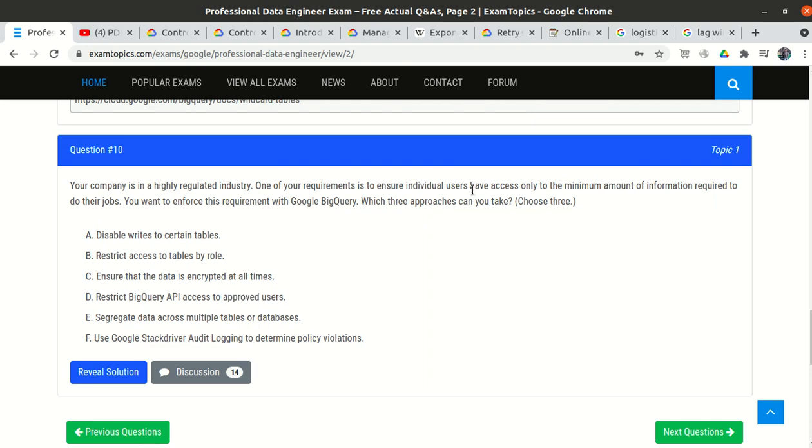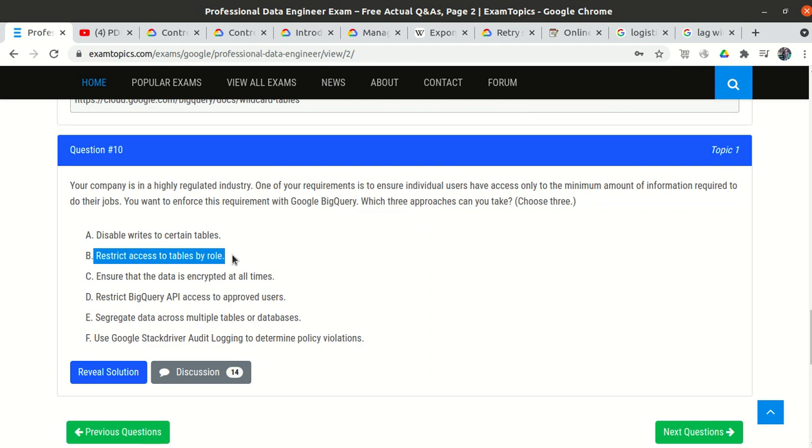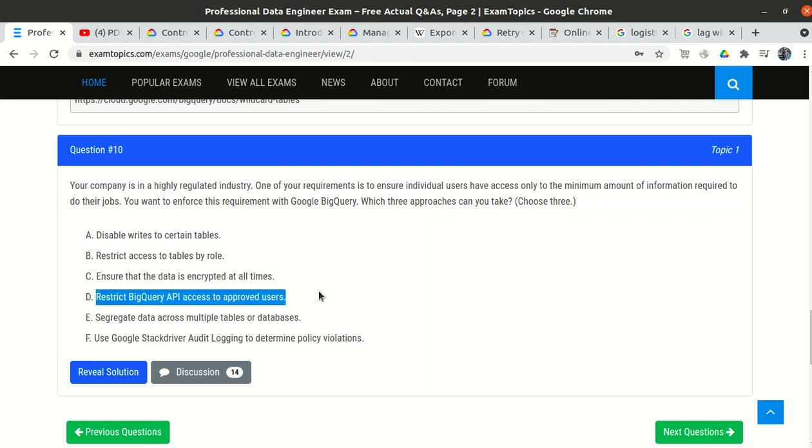Basically we have to restrict the user so that only the minimum information is available to the particular user based upon their job role, right? If a person wants update access, we will give the update access, but if a person wants only view access, we will give the view access. If a person doesn't need any access, we will not give any access. So restricting the BigQuery API is perfectly okay.